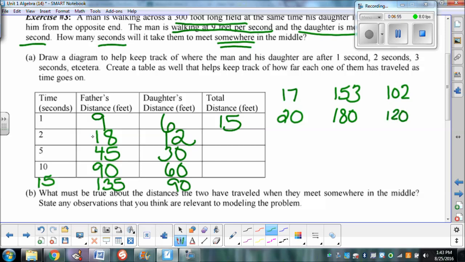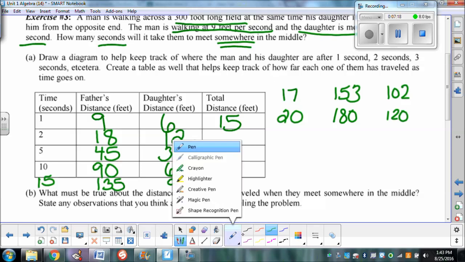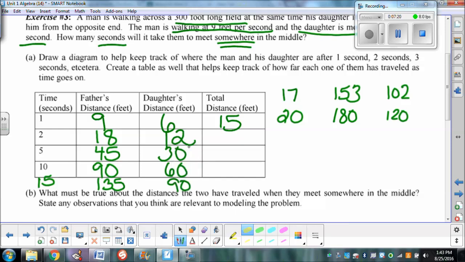So let's go through and add these up. And now keep in mind what it said here in the beginning. It says they're walking across a 300-foot long field. So we want to be able to determine, it says how many seconds will it take them to meet somewhere in the middle. That last sentence in the problem is where the question was. Okay, what we are eventually getting at. So to meet somewhere in the middle, they would have had to have traveled a total of